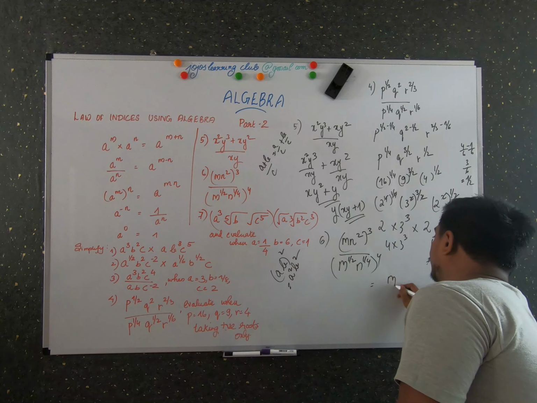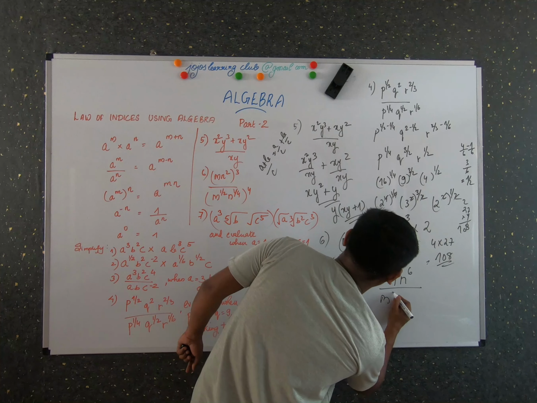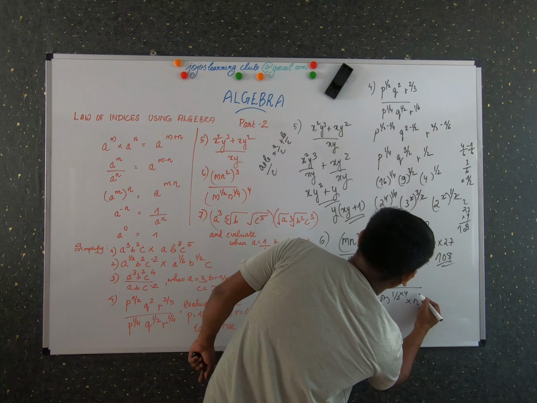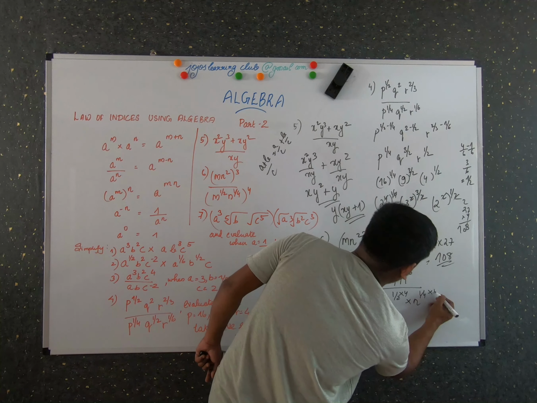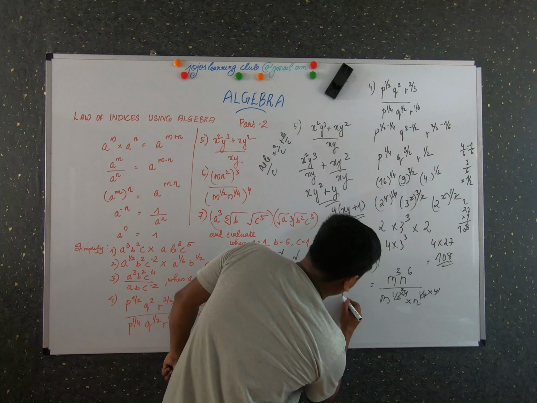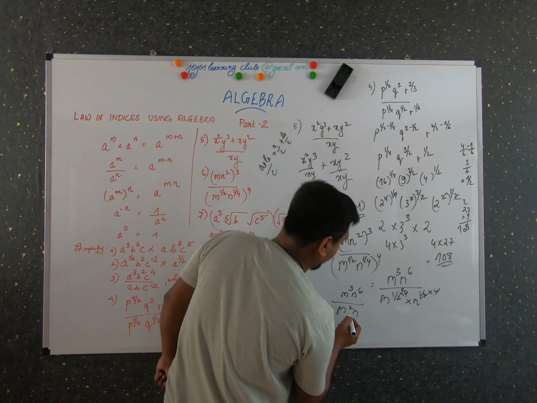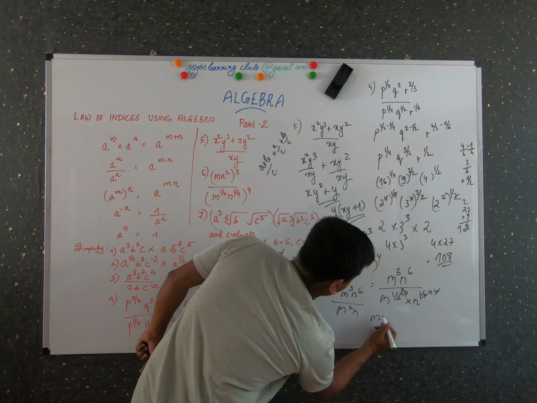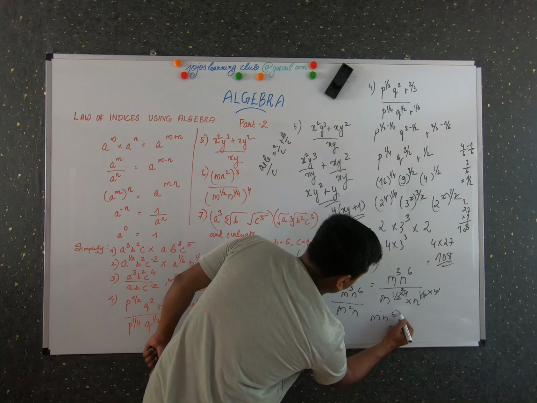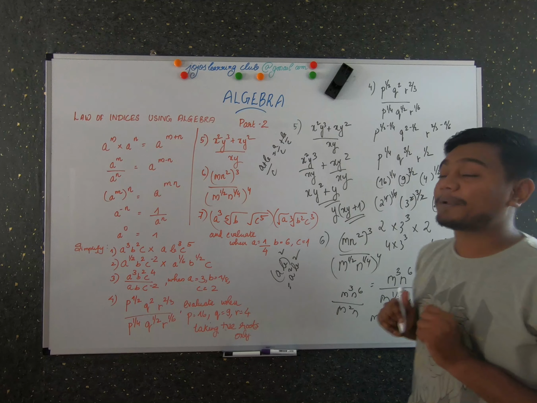So it would be m cube into n raised to 6 by m raised to 1 by 2 into 4, into n raised to 1 by 4 into 4. So 4 and 4 get cancelled, and here it will cancel and get 2. So what would that be? m cube into n raised to 6 by m square n. Here you can simplify it: m raised to 3 minus 2, which is m, and n raised to 6 minus 1, that is n raised to 5. So the answer for this problem would be m n raised to 5. I hope it's clear till now.